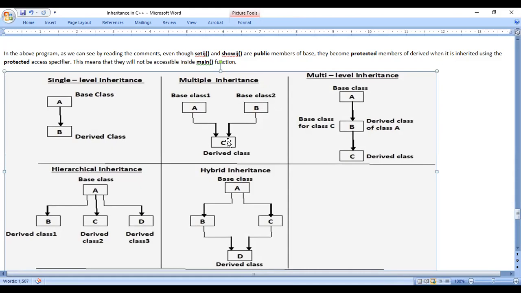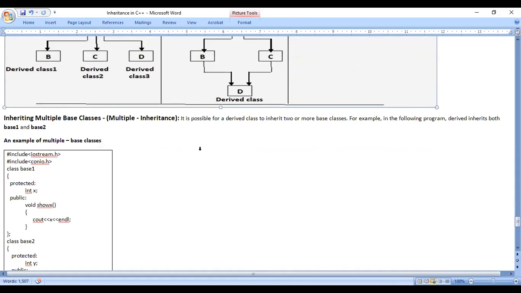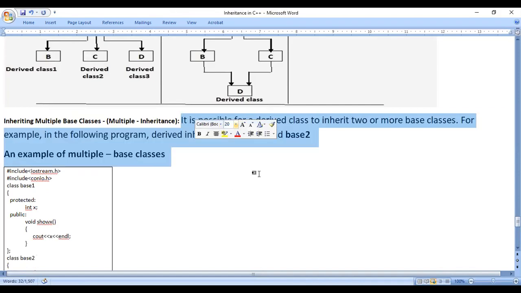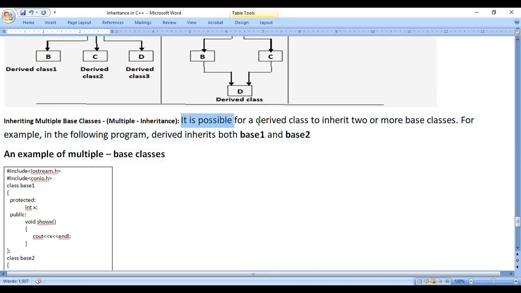According to this diagram, we will come to know there are two base classes A and B, and C is the derived class. It is multiple inheritance. So what is the functionality we see? For multiple inheritance, it is possible for a derived class to inherit two or more base classes.